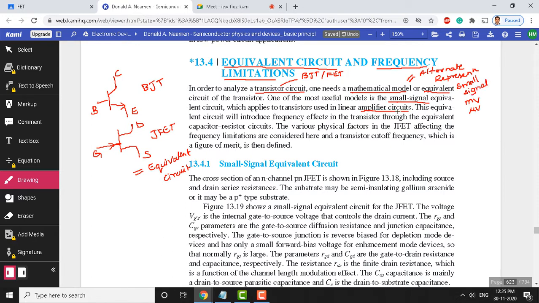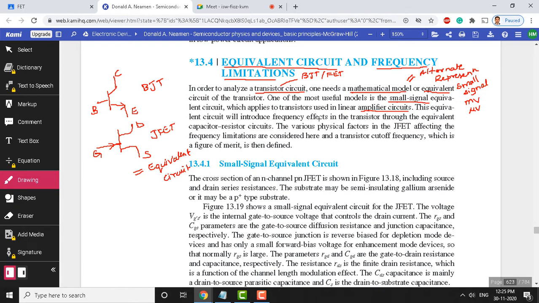Okay, for amplifier circuits, when we apply these sorts of signals, the fundamental device within is going to be the FET or BJT, which will amplify linearly to produce a large signal at the output. So we will develop an equivalent circuit only for a small signal, because large signals will assume different elements within the model. Here let us develop a model for the small signal equivalent circuit that is mainly used in amplifier circuits. This equivalent circuit will introduce frequency effects.